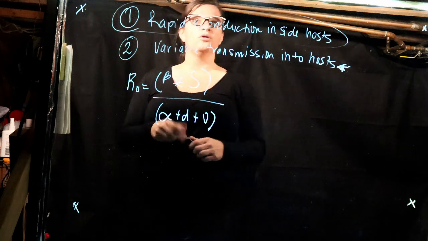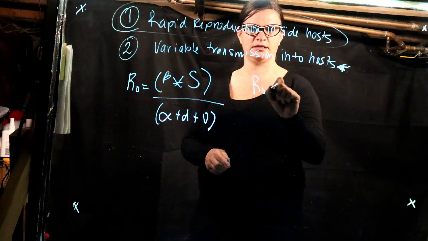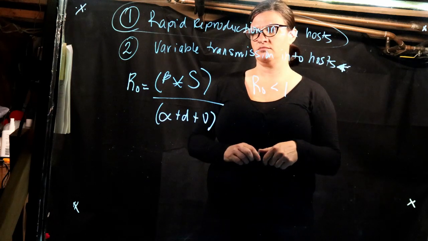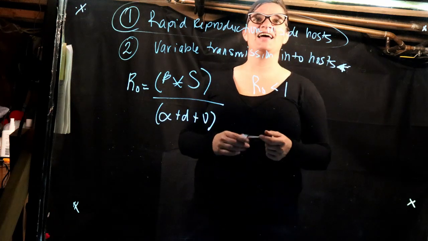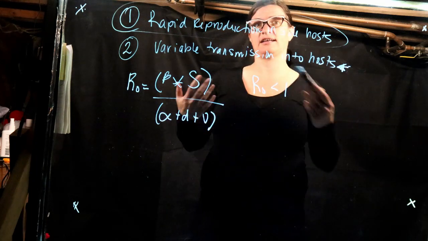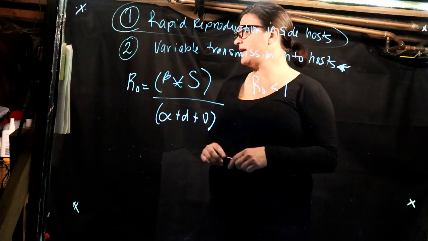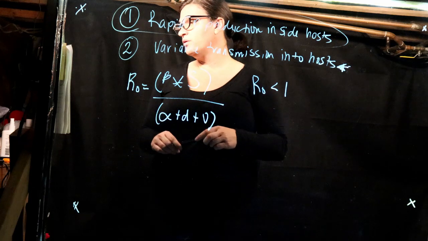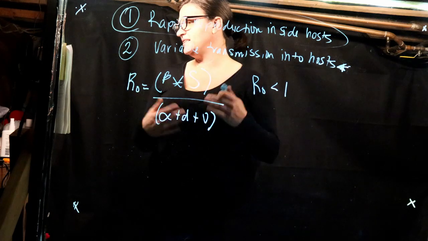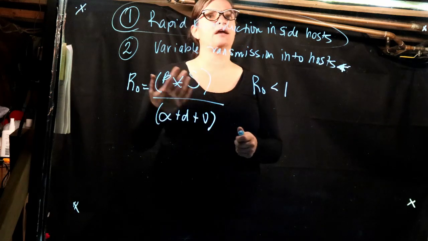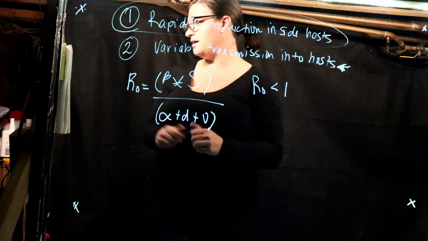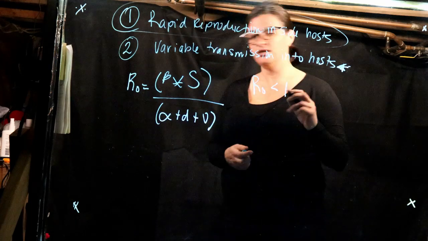So let's think for a moment about what happens if R0 is less than 1. So hopefully you guys thought about it for a moment and saw that if R0 is less than 1, then that parasite goes locally extinct or extirpates. Okay, so what that means is that with all of these dynamics in mind, we can think about how we figure out what density of the host is needed in order for the microparasite to become sustained, so this R0 doesn't go below 1. So that's what we call microparasite persistence,